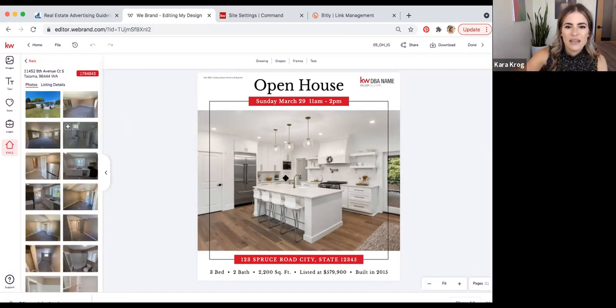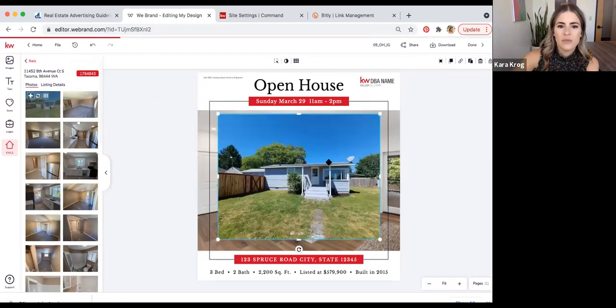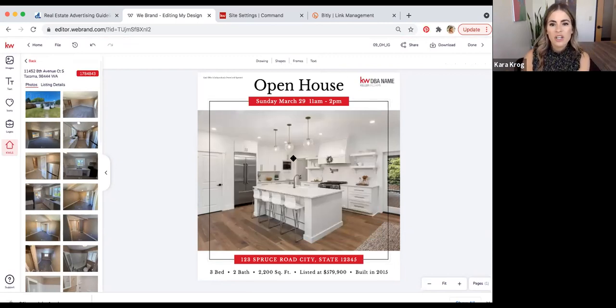And then really whatever house you want. And honestly, if you know you're going to be doing this open house on Saturday, you could post about the same open house on Thursday and on Friday and on Saturday, and just share different pictures of the property, different ways to entice people to come.